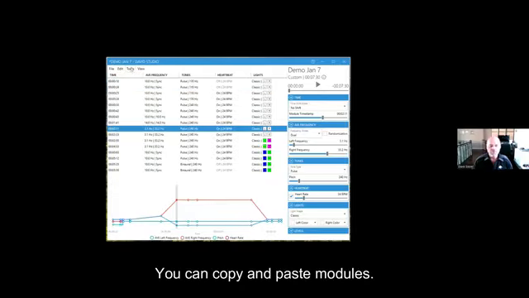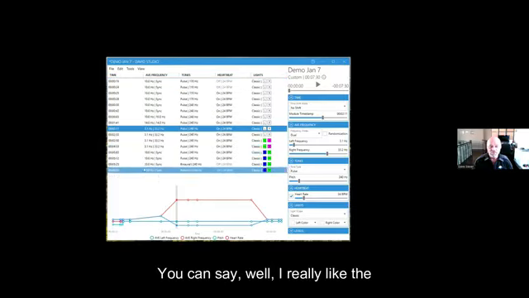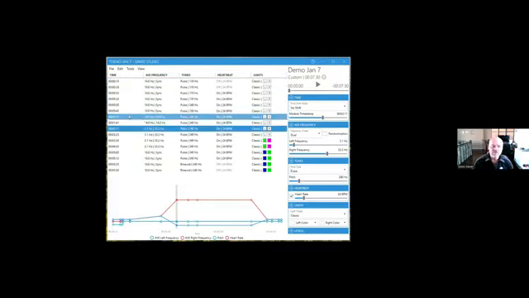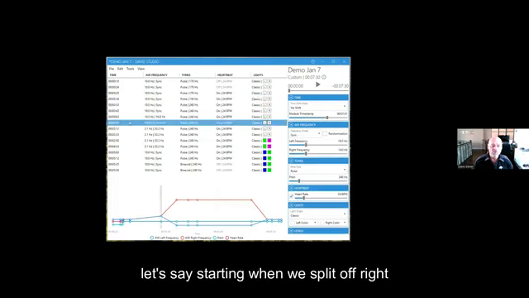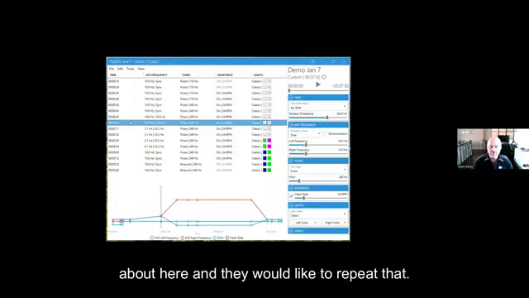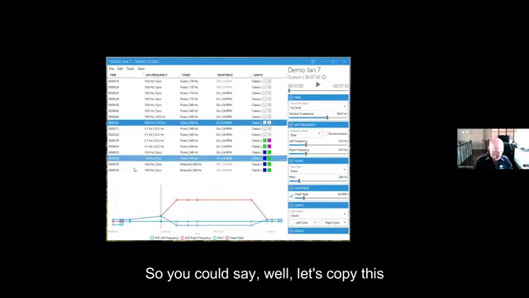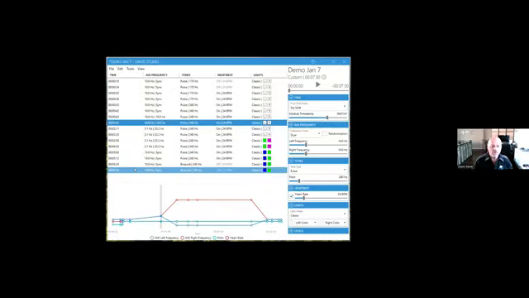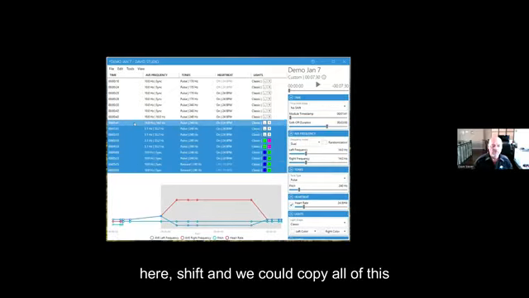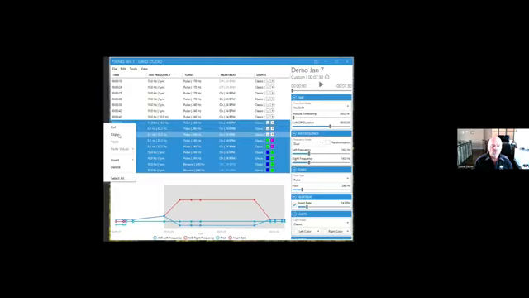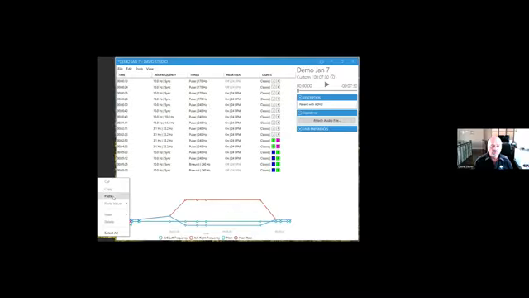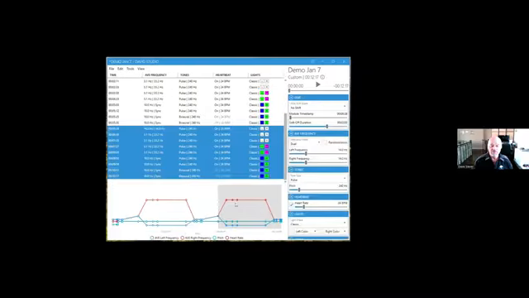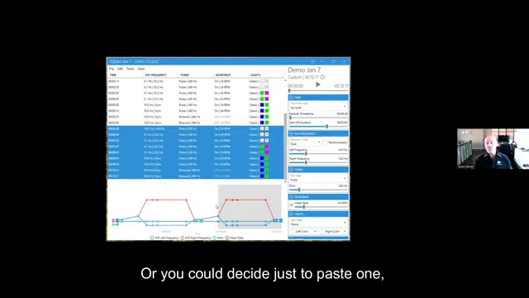You can copy and paste modules. You can say, well, I really like the sequence, and my client really liked the sequence starting at about, let's say, starting when we split off, right about here. And they would like to repeat that because they like that so much. So you could say, well, let's copy this whole bunch here, shift, and we could copy all of this. And then we could decide to paste it all down here, the whole thing, and duplicate it. Or you could decide just to paste one